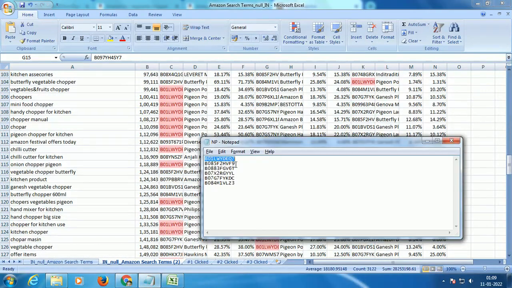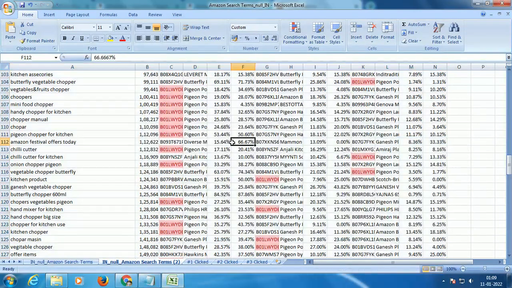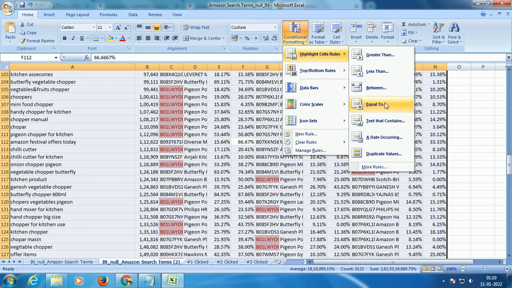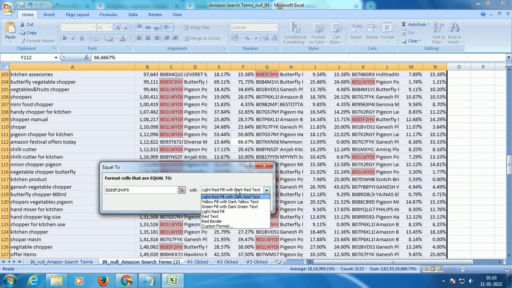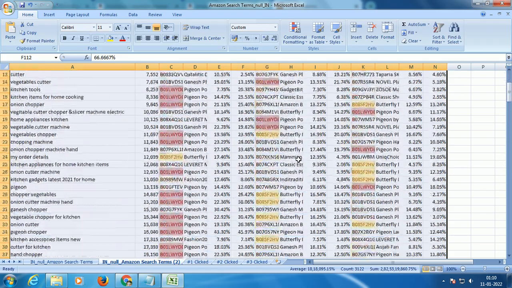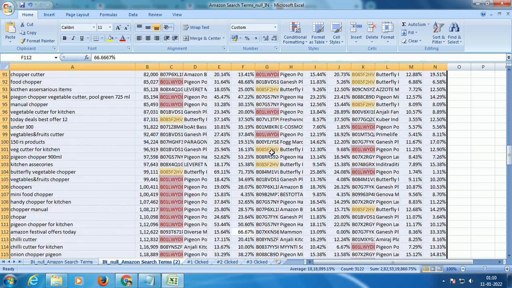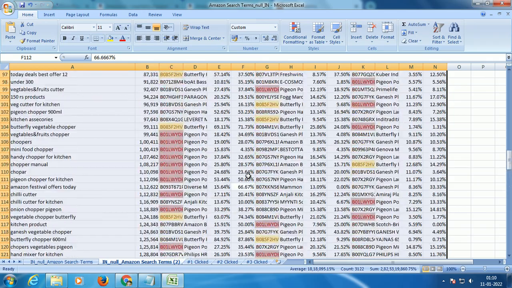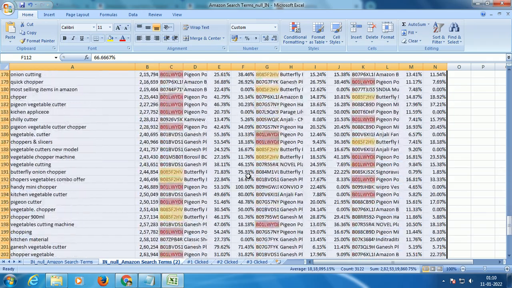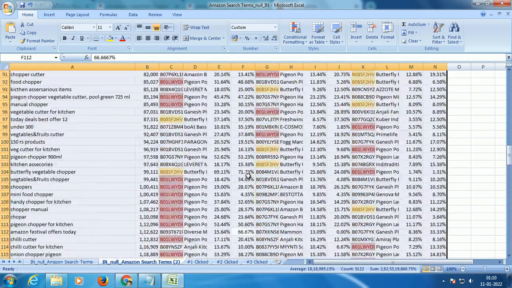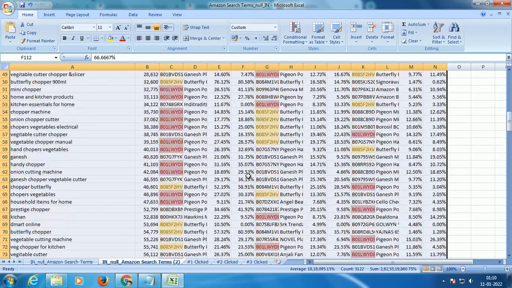So let's do the same thing. Let's search for our second competitor. So I'll once again press control all. I'll just say whichever has equal to this particular ASIN. This time I want to color code them with yellow, right? Now you see how this guy is placed. So this guy is also ranked. Now I'm looking at the cells that are colored in yellow. Now you see he is ranked for few of the keywords, right? But relatively, when we compare the first guy and second guy, at least looking at the colors, I see more red. I know that the first guy is ranked for most of the keywords, right?